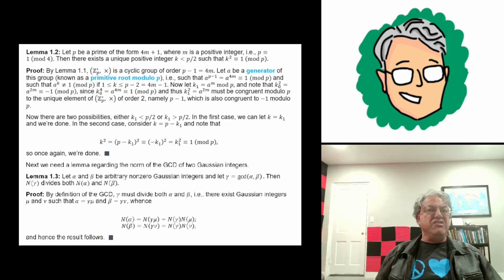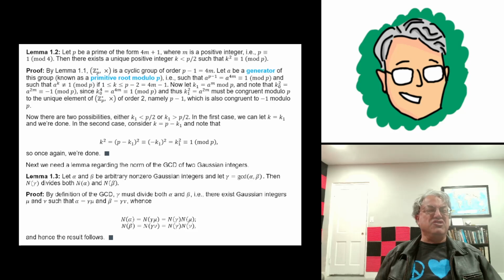That's just a number a, such that the set a, a squared, a cubed, a fourth, all the way up to a to the p minus first power, is just a reordering of the set 1 up to p minus 1. It's what's called a permutation of that set. Kind of a neat result, I think. There's a lot of neat stuff in group theory, but anyway, it's well known that every cyclic group has a